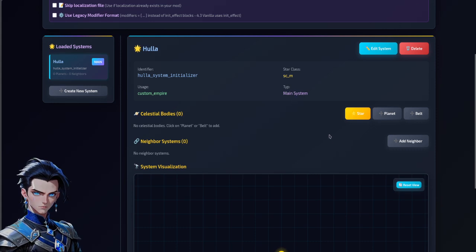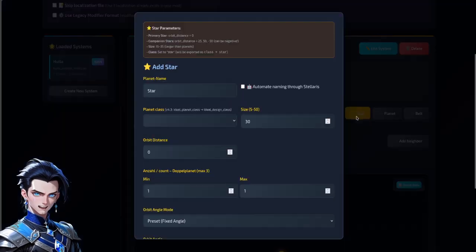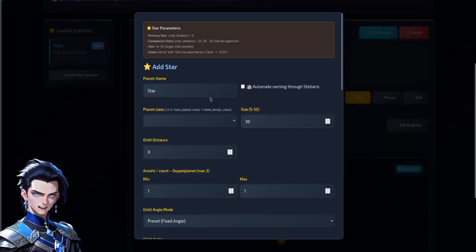So what we do next is put in the star we want, and the star name, our creative Hula,